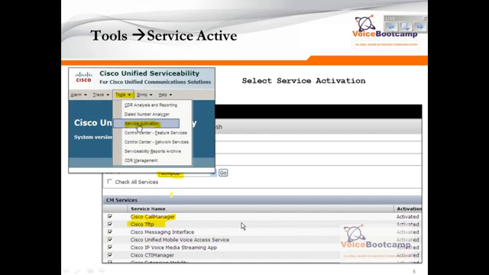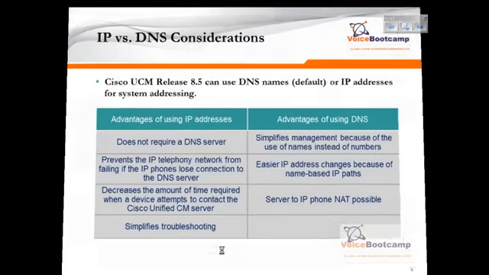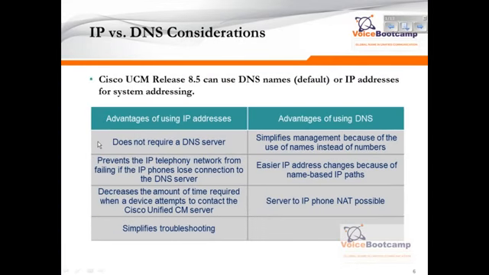If this server was acting as just a media server, such as music on hold, then you do not need to activate the Call Manager service. Rather, you want to activate the Cisco IP Voice Media Streaming App. This will ensure that this server is acting as a non-call processing node. Once you activate the service,